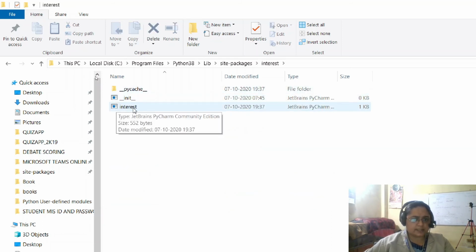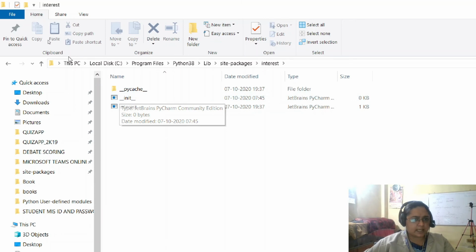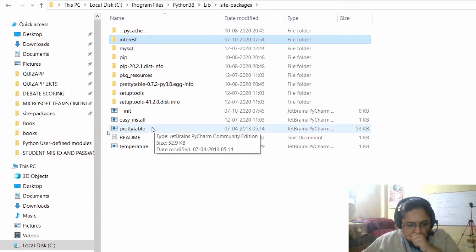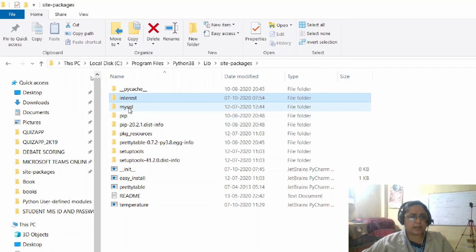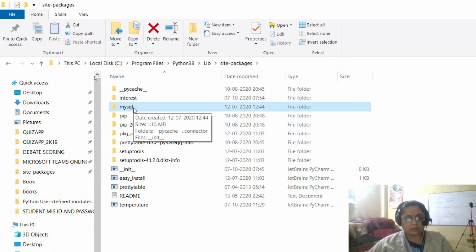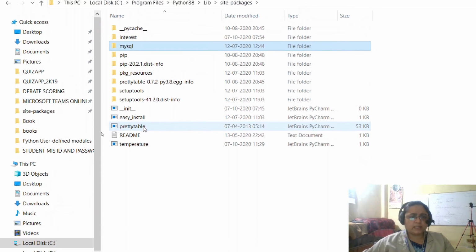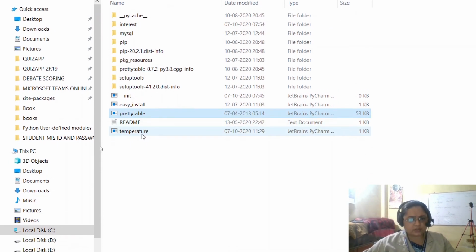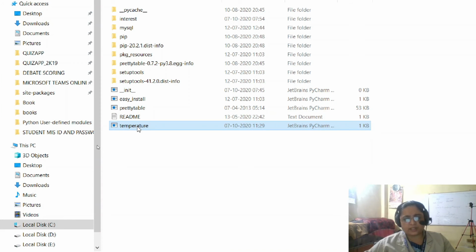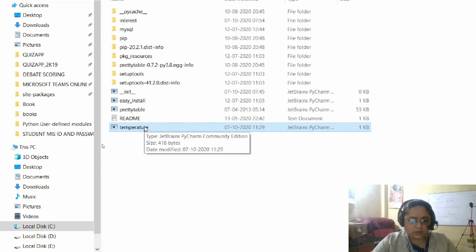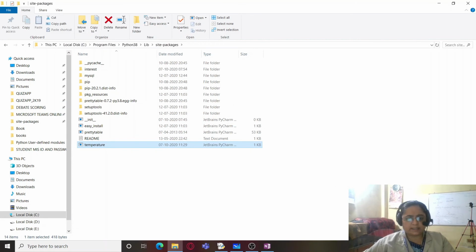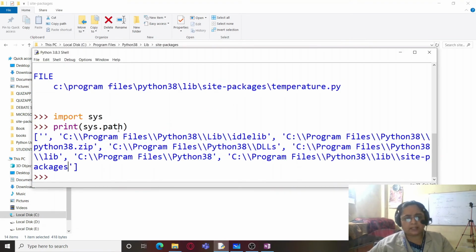Within this also you can see interest, and I have added this init file. You find the MySQL package which I downloaded a few months ago, the prettytable module which was downloaded and installed, and a user defined module, that is temperature. So this sys.path identifier will return the already included paths wherever Python searches for a particular module.